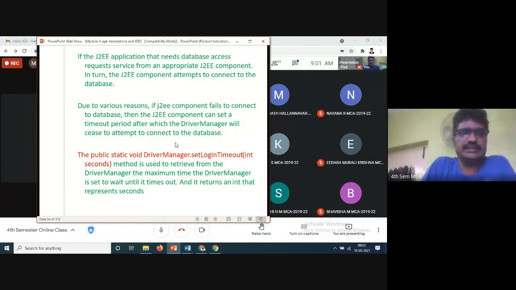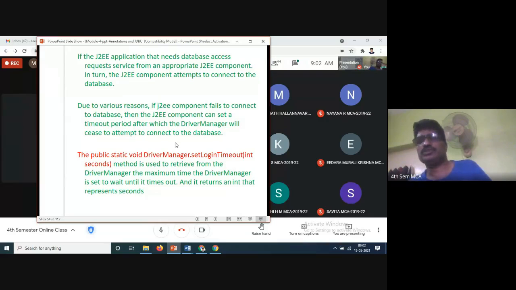The int seconds method is used to set the driver manager's maximum wait time. Suppose you are giving 20 seconds to get the information; that is the maximum time it will try, then it will come out. Somewhere an end should be there. Otherwise, what will happen? It will be infinite.